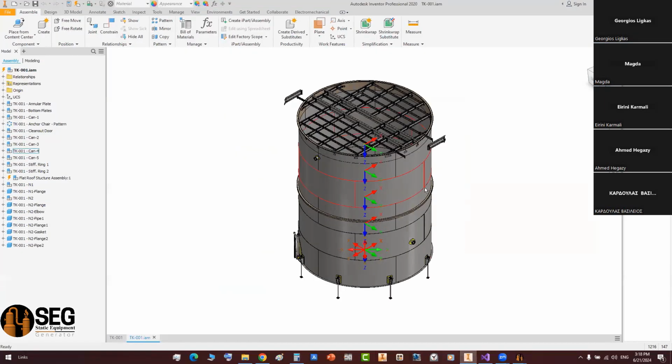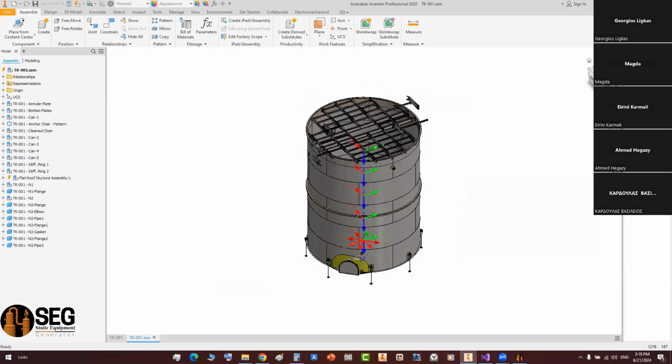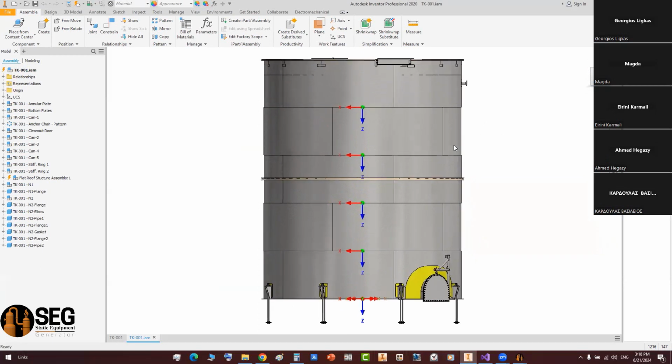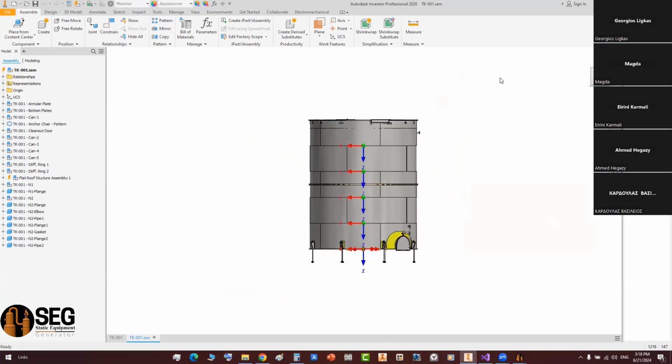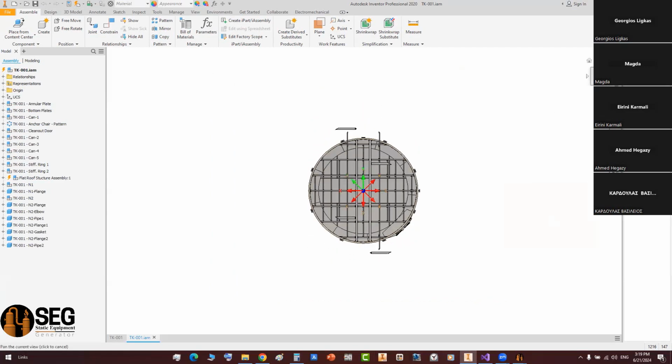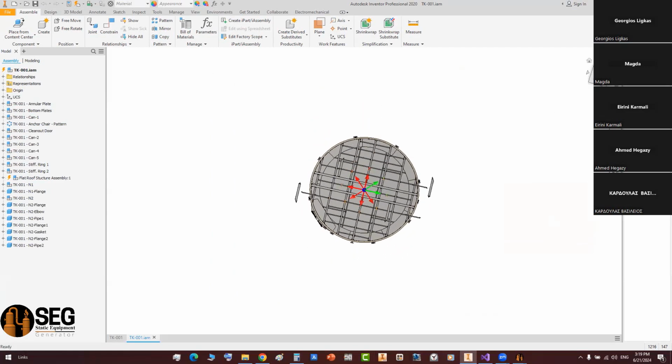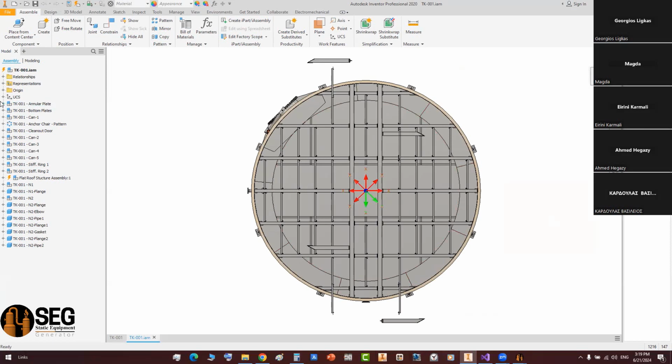For that tank, for example, if you take a look from the back view, that will be the elevation view. So if you take a look from the back view, that means you will make that view the elevation view. If you look from the top view like that,